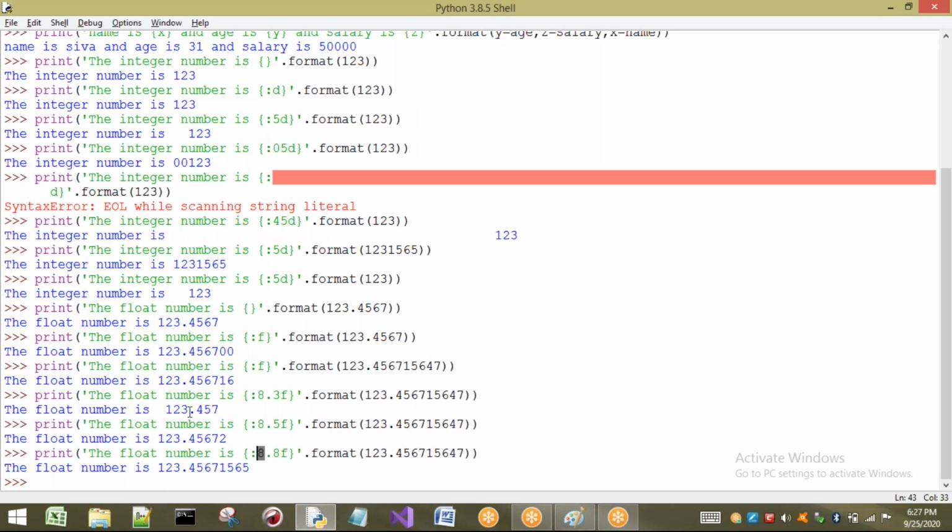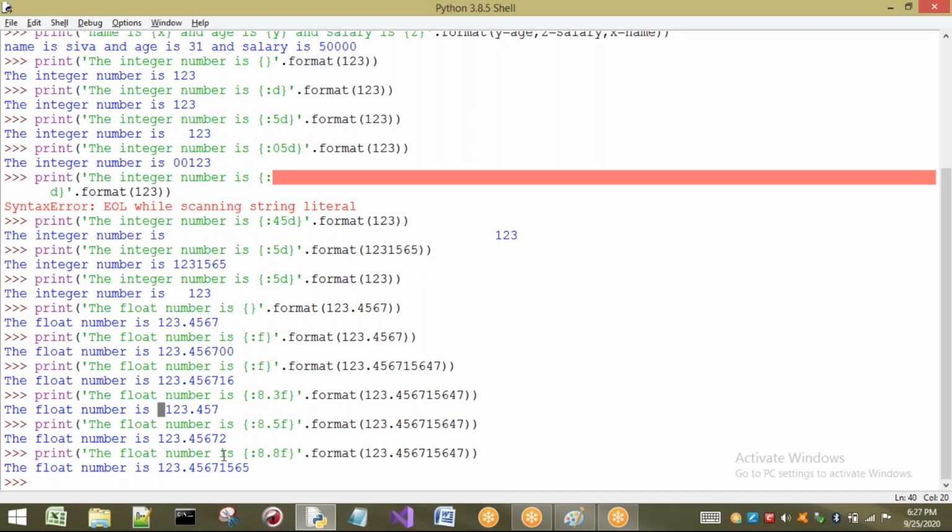So one thing we have to observe is that the point also will be counted. Sorry, I forgot to tell you that the point also will be counted. So observe here, only one space, not 2 spaces. So 1, 2, 3, 4, 5, 6, 7, 8. The point also is counted because it is part of the total. The total number of characters, or spaces, should be 8, because I have taken minimum 8.